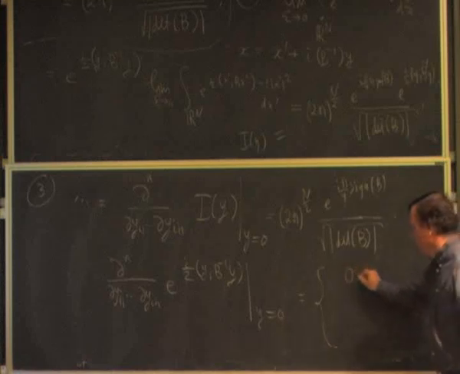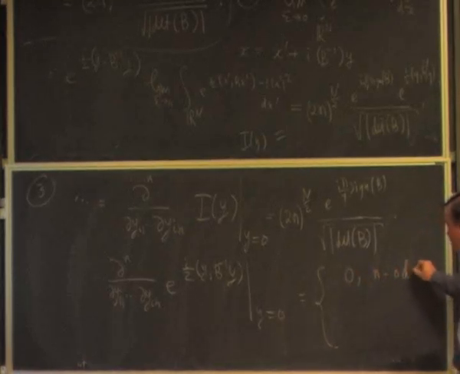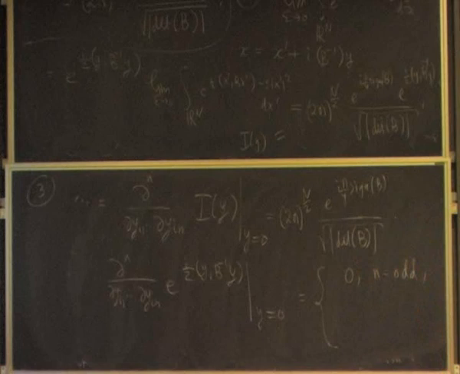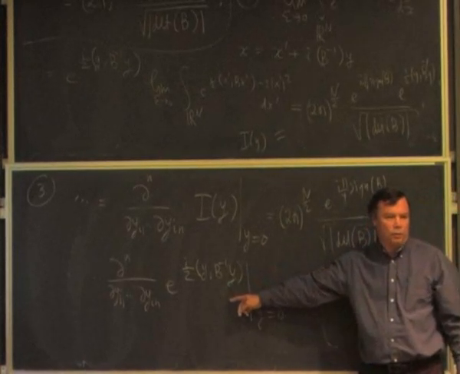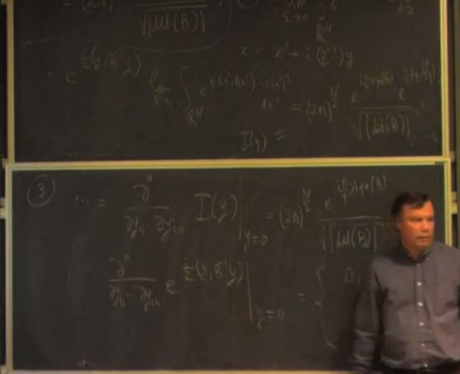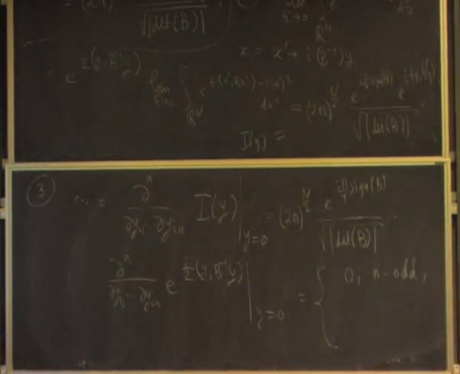And then it's clear that it's 0 if n is odd, because there will be an extra y from differentiating this bilinear form, and the integral will vanish. And then if n is even,